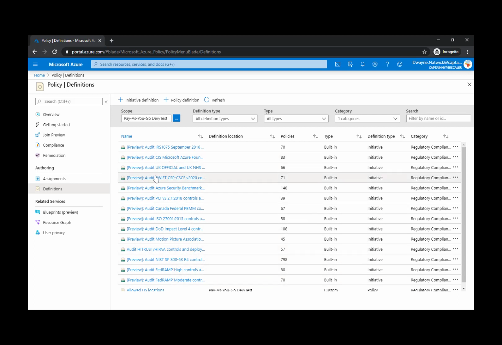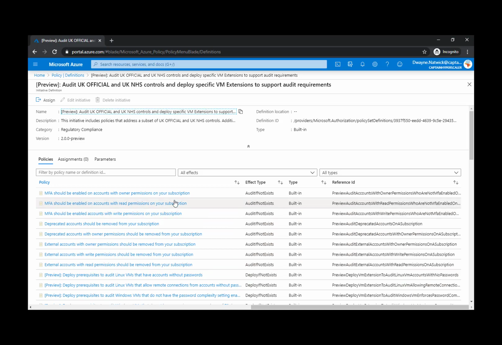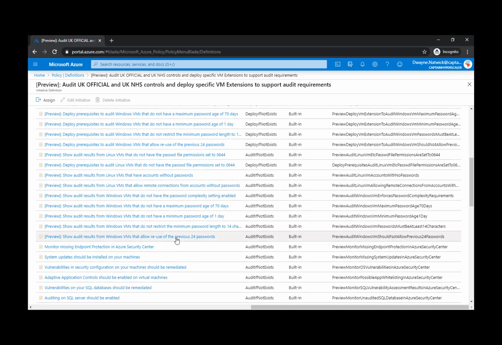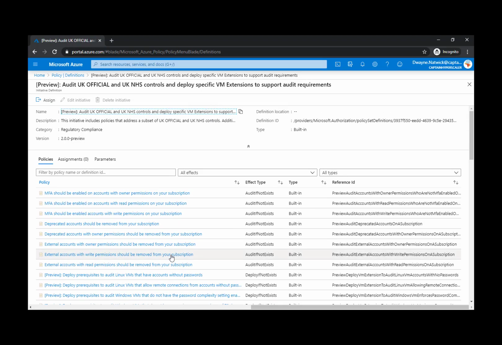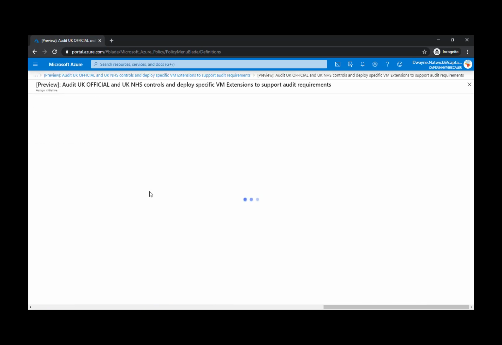We are going to look at the UK NHS initiative here. And you can review here what the policies are that are tied to that initiative. You can see there are a number of policies that are part of making up this UK NHS initiative, and we can very easily assign this to our subscription by just selecting assign,